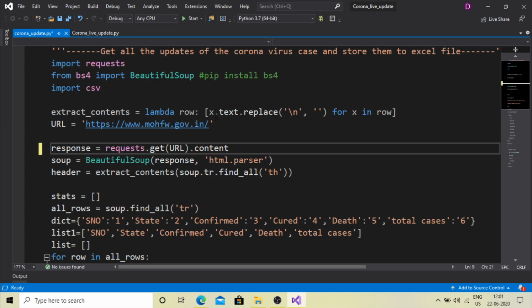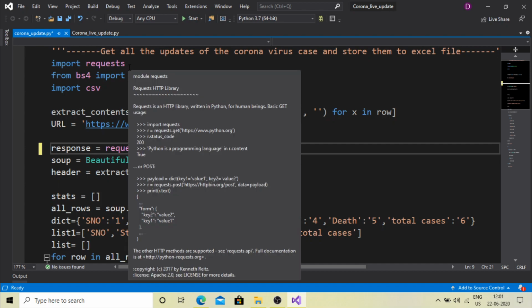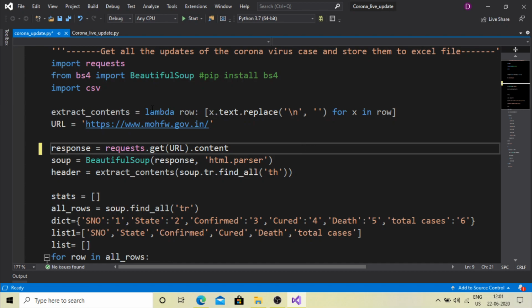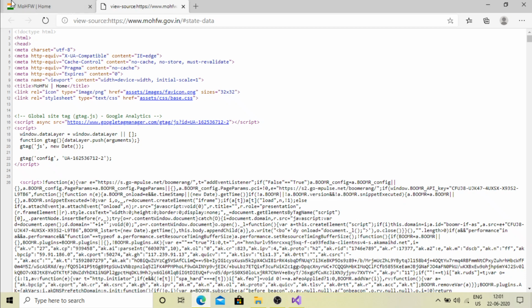Hello everyone, in this video tutorial I bring something for you that is called web scraping with Python. So what is web scraping? Actually, if you want something from a website to be downloaded for you in your program or directly displayed to you, then we use a Python program called web scraping. This program is for this.